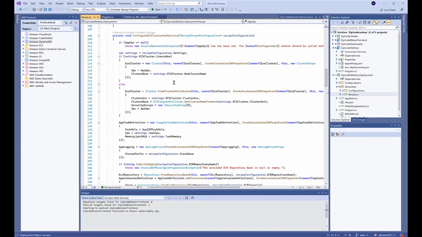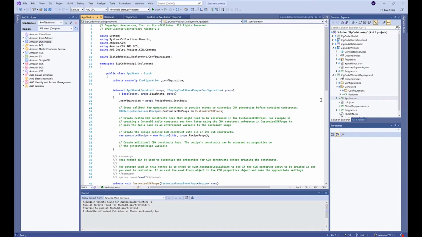So where we actually would recommend, if you want to make customizations, is to start from the app stack. The app stack class is really going to be like the root of the CloudFormation template. So we've got a few things going on here initially. First, we grab the configuration object.